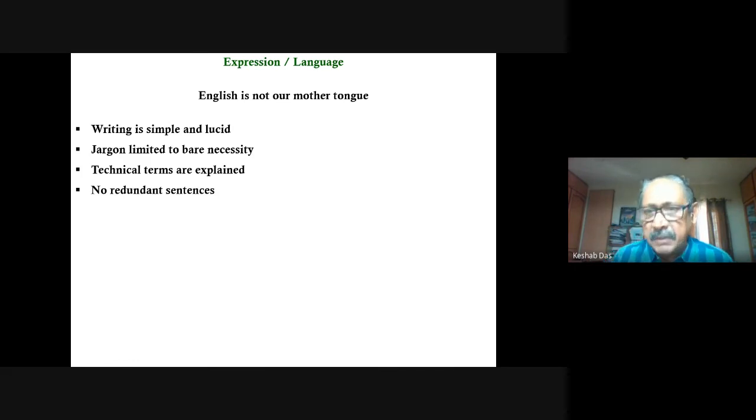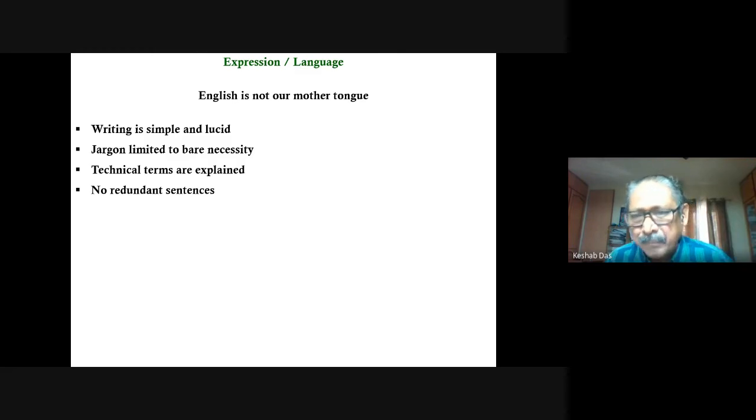There is a kind of discourse going on whether English is the dominant language now. But so far as we have not sorted that out, let's also accept that this is not a language of our own facility. So it is better to avoid jargon. There is nothing to impress the reader by using expressions which you are not very sure about, including technical terms. It is better to be precise, clear, simple,